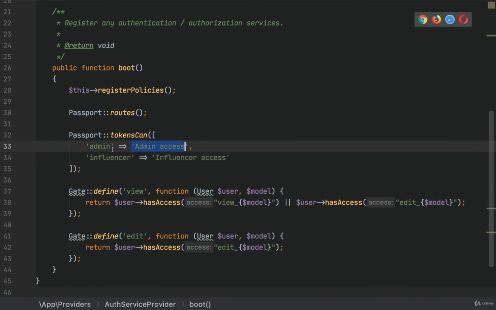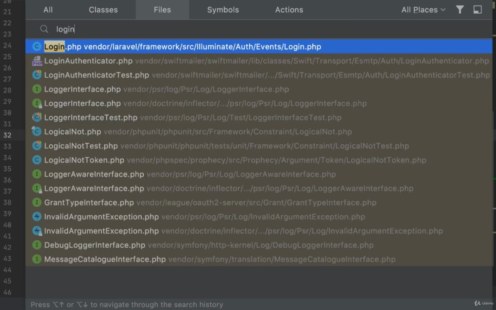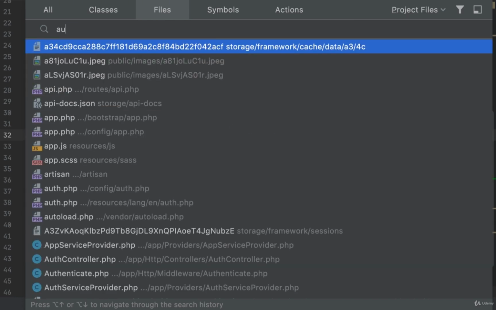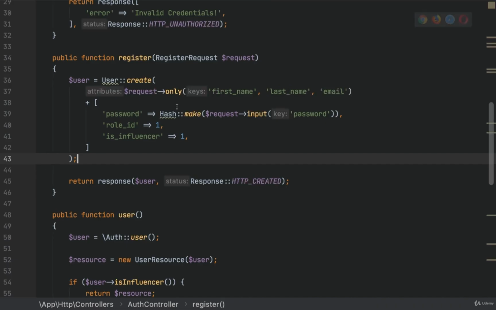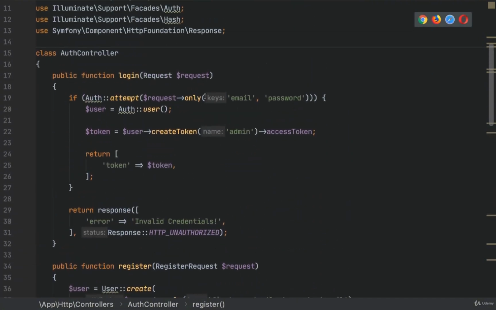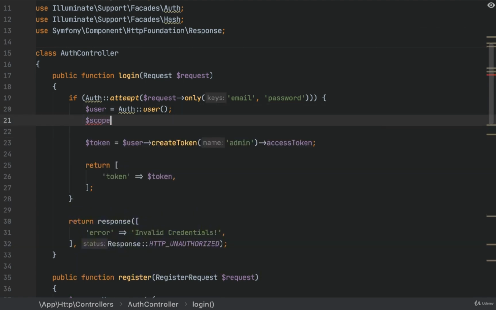This is just a description, but these keys are the important ones. How can we now put these keys into our login tokens? We do that in the login. So let's go to the login controller, the AuthController, and in the login now, when we create a token, we will get the scope here,